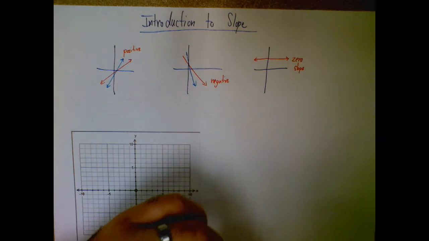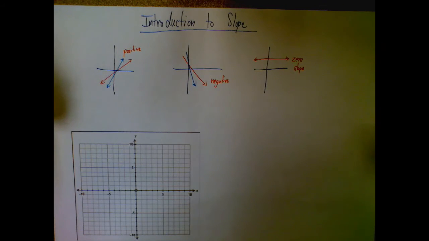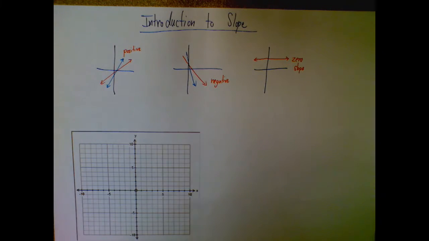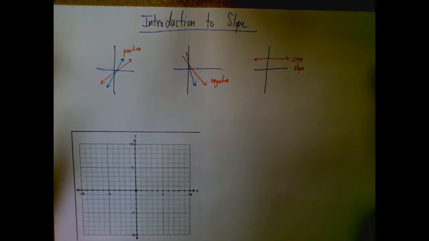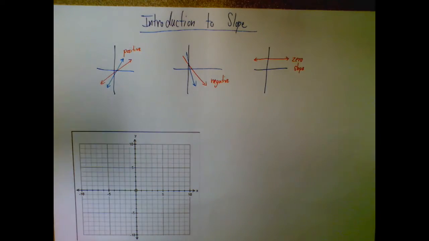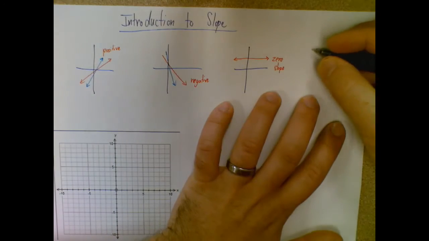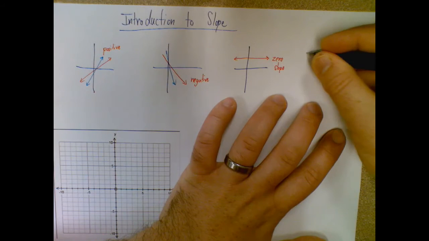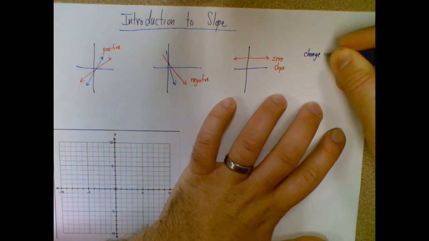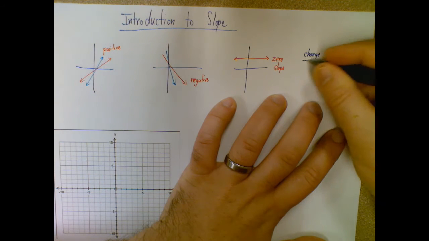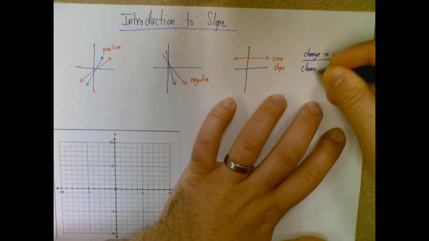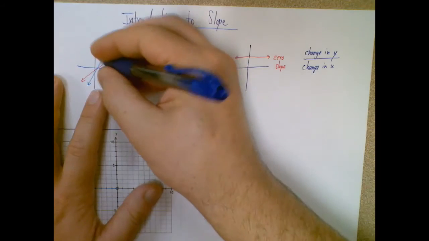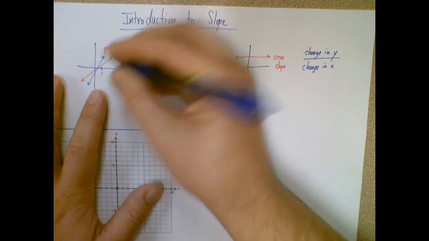Okay, so in order to really start figuring out a way to measure this, so we don't just have this one's more steep than this one, this one's less steep than this one, so this one should have a higher slope and lower slope, we need to start putting numbers in here. So what we do is we talk about how much the y value changes, so the change in y, and then we divide that by the change in x. So what that means is for any given break, say if I'm going from here to here, so from 0 to 1,